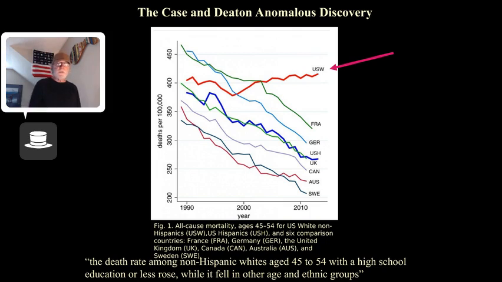And then they stumbled across this where they saw that in the United States, whites, non-Hispanic whites, 45 to 54, mortality rate is increasing. What the hell is going on? They just stumbled on this because they were doing research on something else, and they were just looking at mortality rates for some reason. Case and Deaton, take a look at their work. They just wrote a book